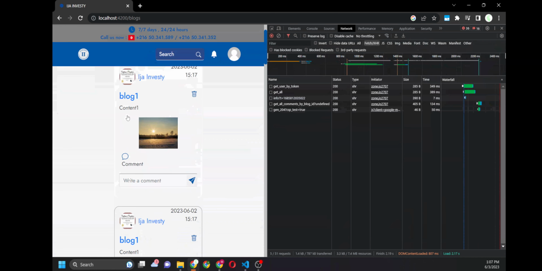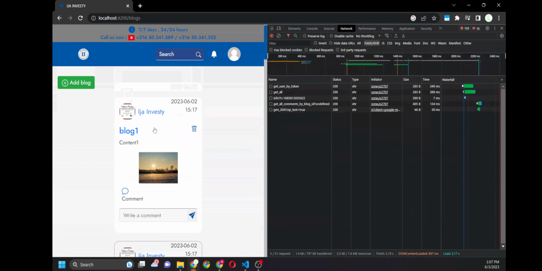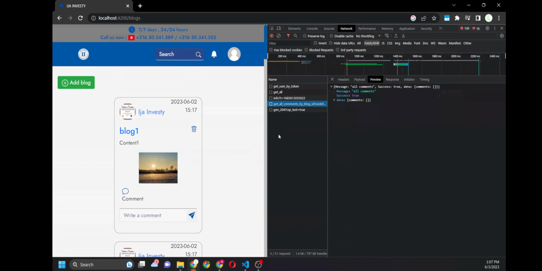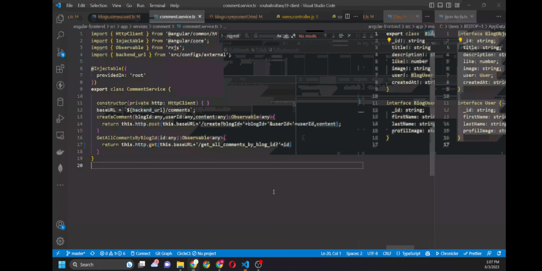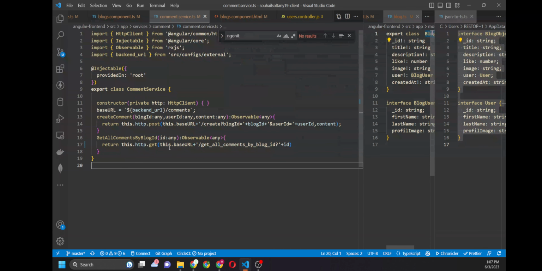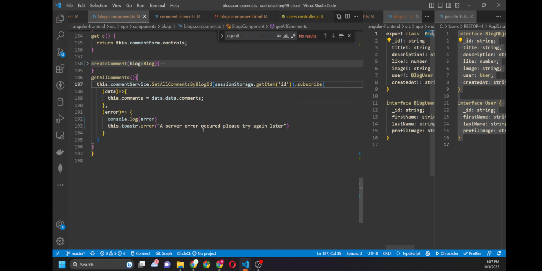And then undefined. Well, there's undefined. So something came along as undefined. So get all comments live blog ID. Right, so yeah, that kind of makes sense. Right, so basically, yeah, so basically this logic here is